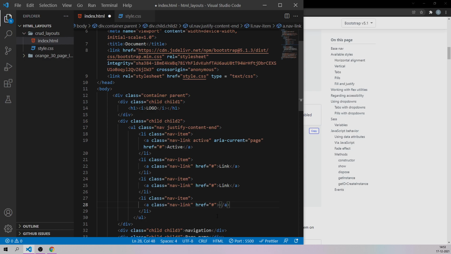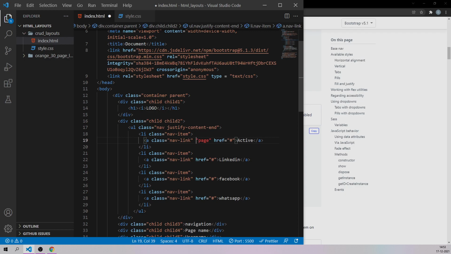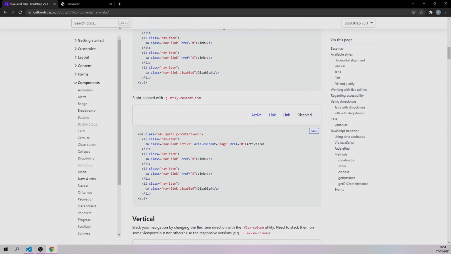It might be the WhatsApp number, the Facebook link, the Twitter, Instagram, and all those things you can write like this. So let me write Facebook page and LinkedIn, so it will go to the LinkedIn page. You don't have to have this active class here, and let me get rid of this current page as well. It's simply a link which will go to those particular pages. These are the social media links. So here, Instagram. Like this, we have successfully managed to have social media links in our HTML page.